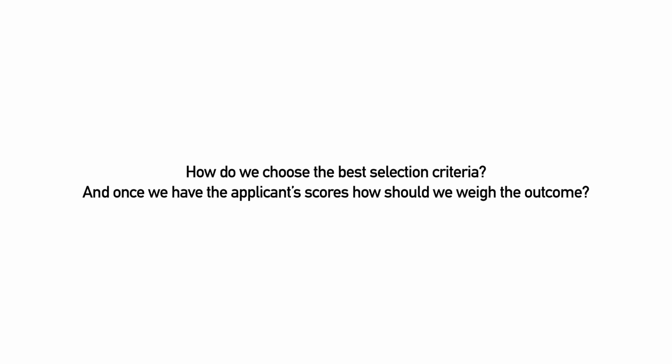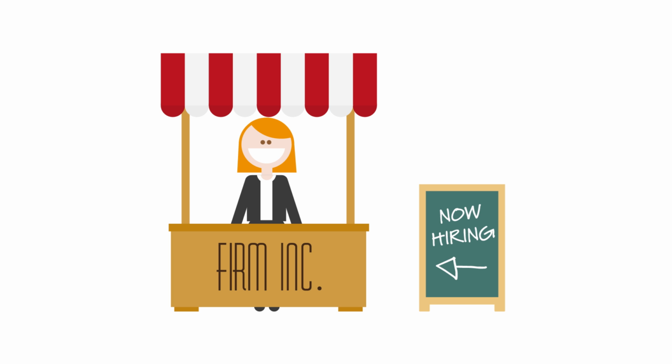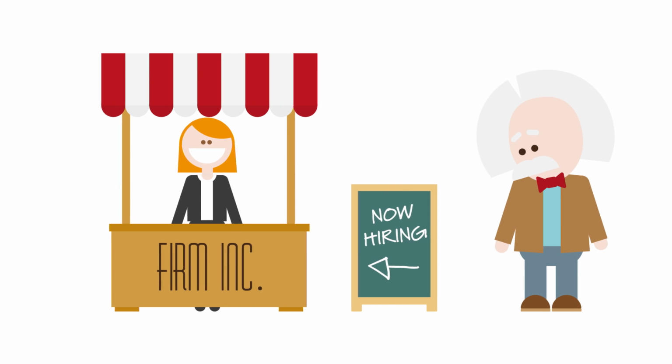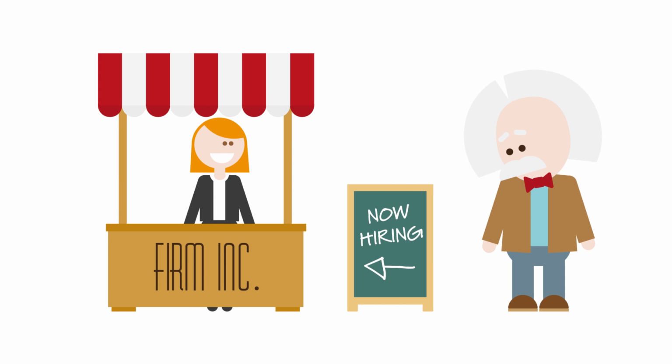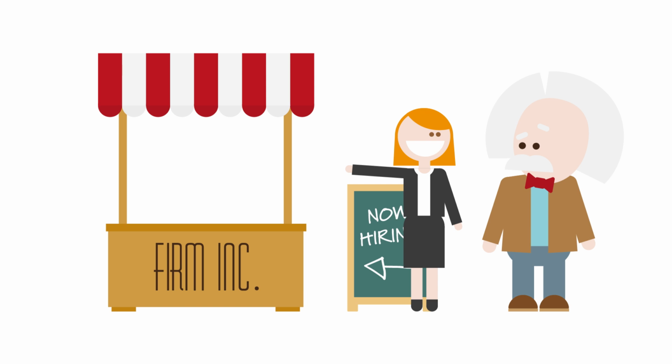How do we choose the best selection criteria for a vacancy? And once we have the applicant scores, how should we weigh the outcome? From decades of study, we know that some selection criteria are more valid than others. Of all criteria, general mental ability, otherwise known as GMA or intelligence, is possibly the most well recognized, and it